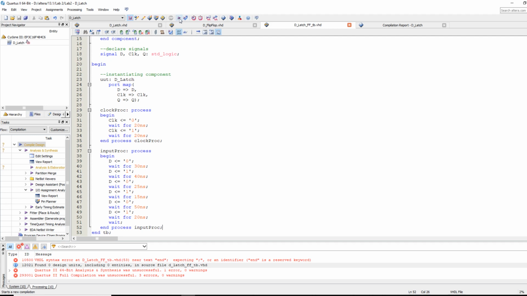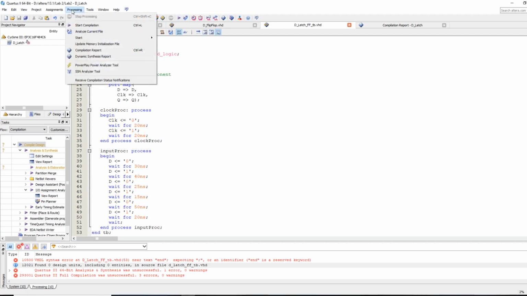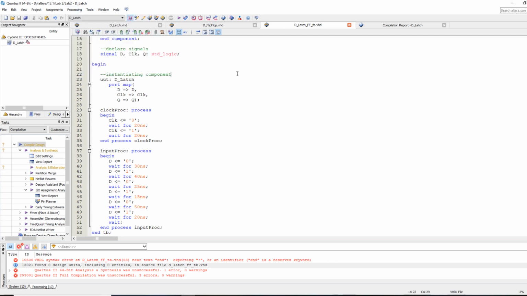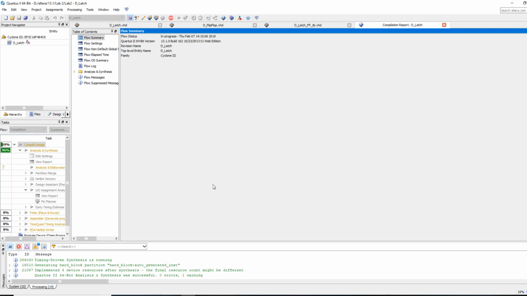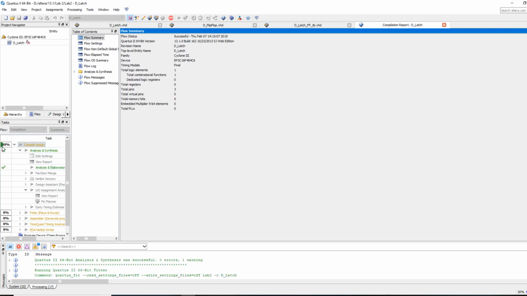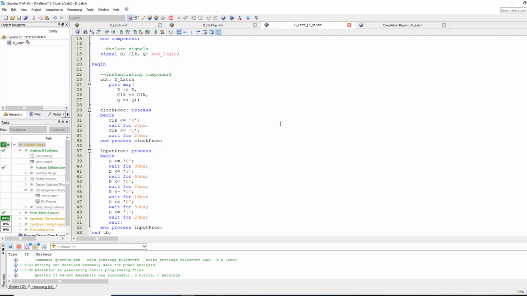Remember, the compile button is the little play button at the top here, or you can select Processing, Start Compilation. All right, so I'm going to compile this code file again, and I notice that once the progress bar starts moving here, I don't have any syntax errors. So what it's doing now is synthesizing the underlying circuits for me. Okay,